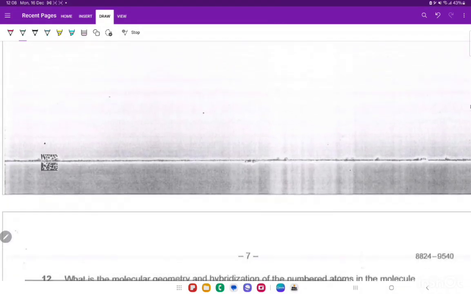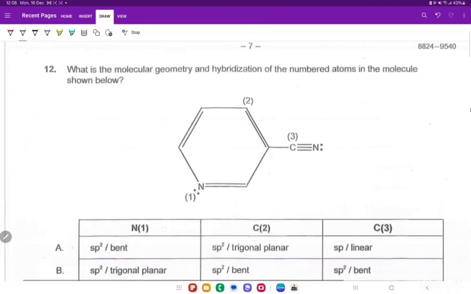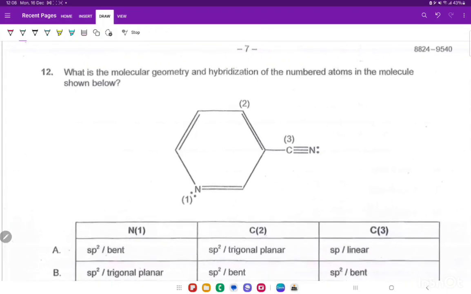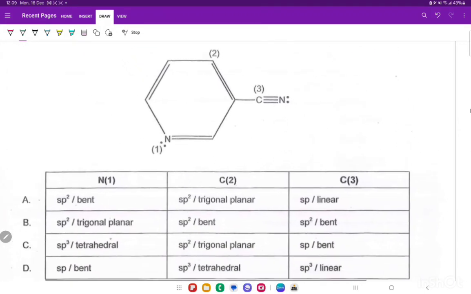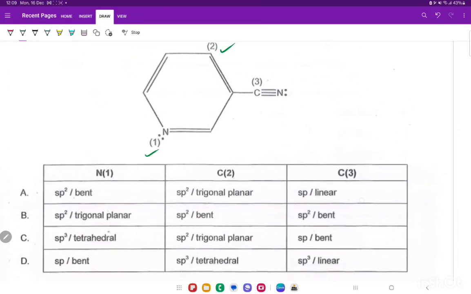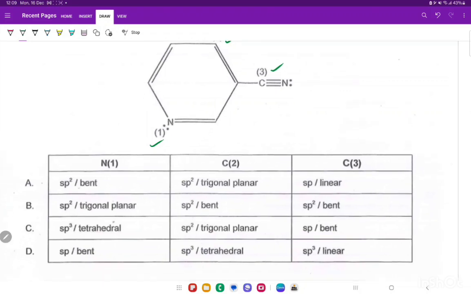Clear? Next, what is the molecular geometry and hybridization of the numbered atoms? We have to find out the molecular geometry and hybridization of the numbered atoms in the molecule shown below. Numbered atom means atom number 1, atom number 2 and atom number 3. First we talk about atom number 1. The nitrogen atom has a lone pair, a double bond and a single bond. When a lone pair, double bond and single bond are present, the hybridization is